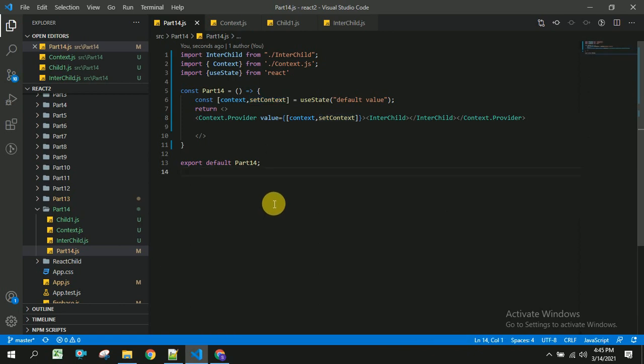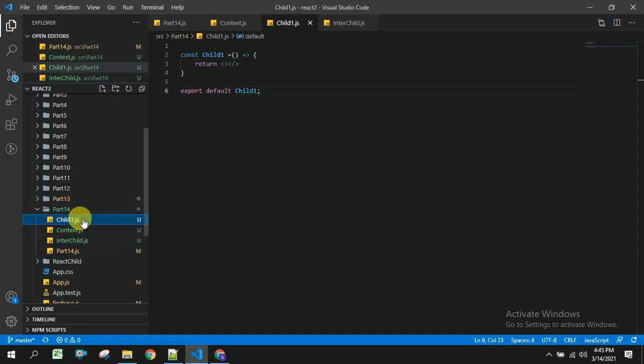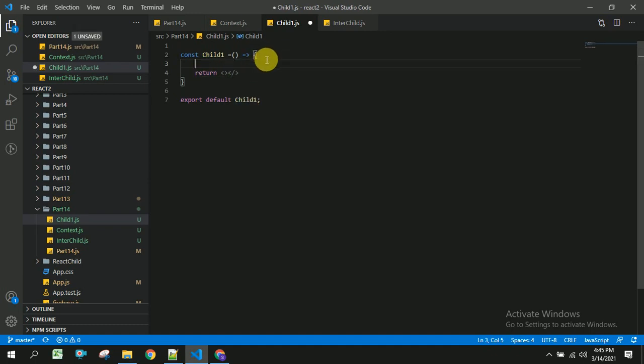So let us save this, and inside enter child.js I am not going to change anything, so I am placing it as it is, and inside the child1.js I am going to use something called use context.